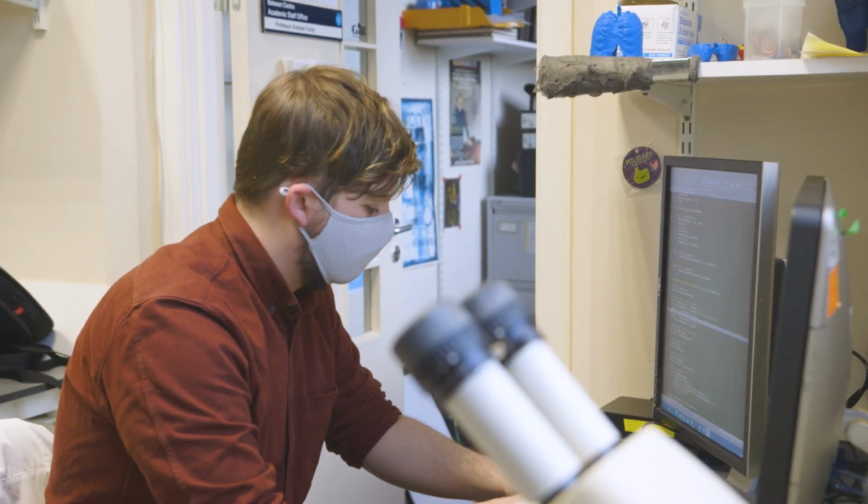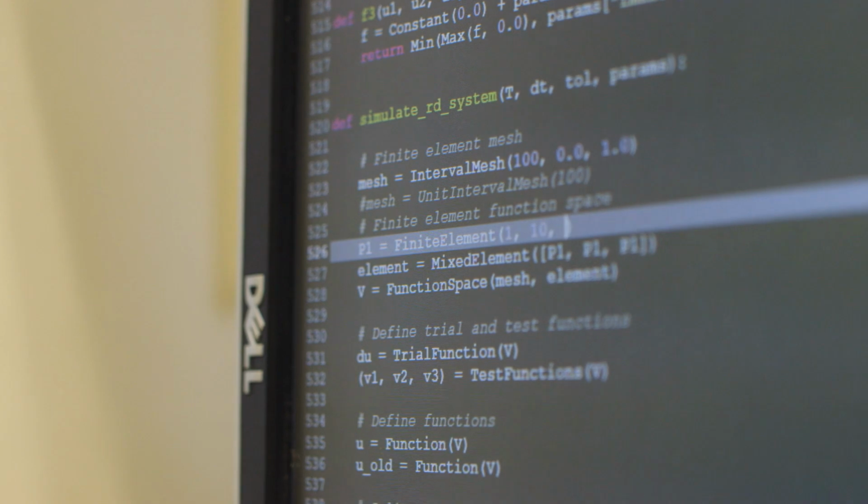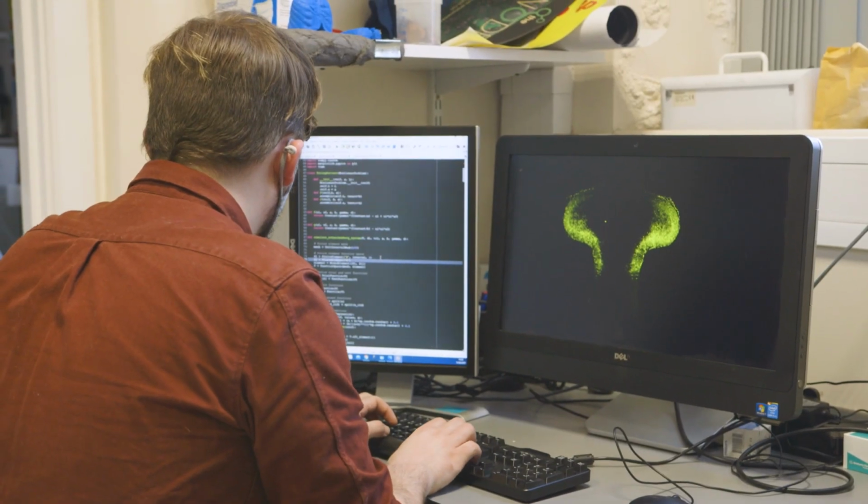However, Turing's ideas are still really relevant to developmental biologists today because we have these huge data sets that are incredibly complicated, but to really interpret those and gain some meaning out of them, we can use Turing's ideas as a framework with which to base all of that on.